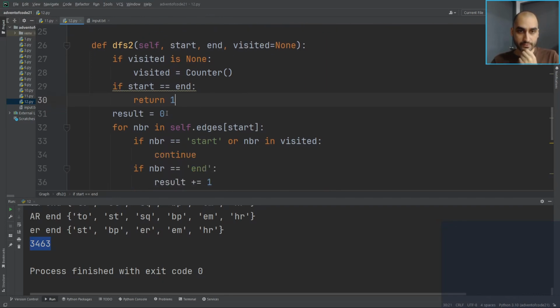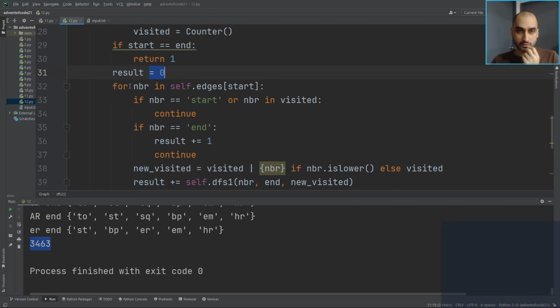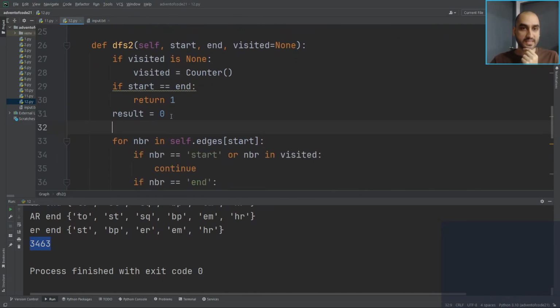All right, so same process as before. Result, consider for neighbor in subhead. So if it's start or if it's visited, now this is the catch. So we look at the counter, and if we see any 2s,